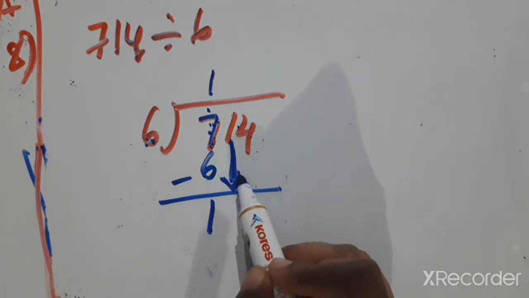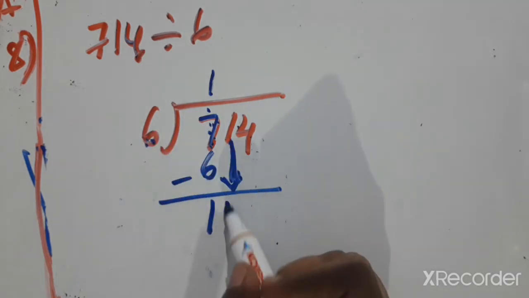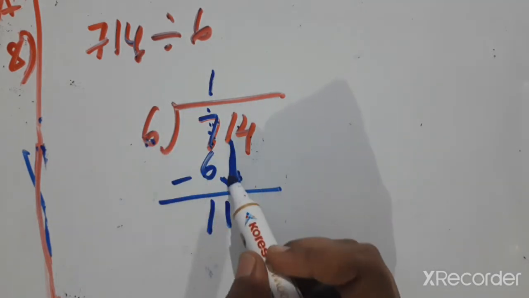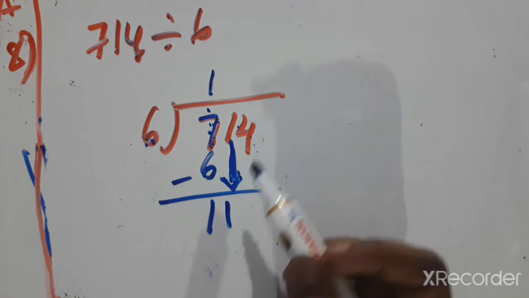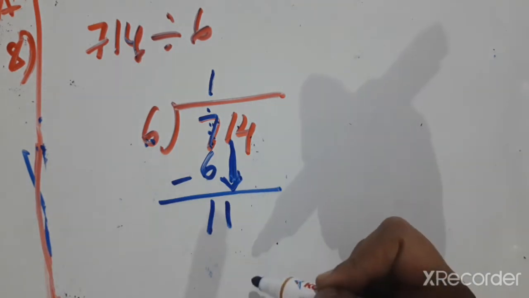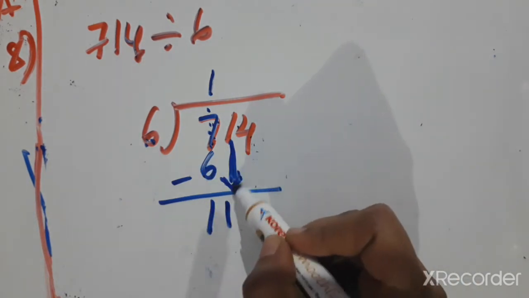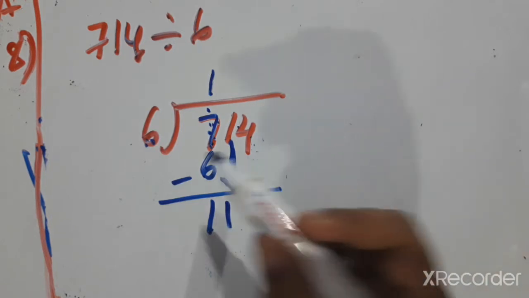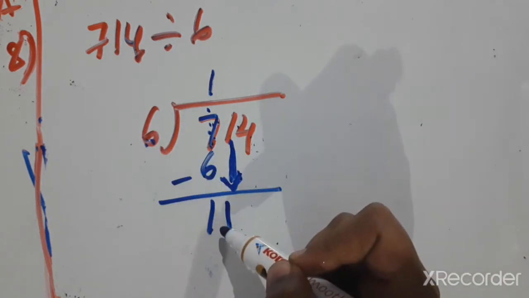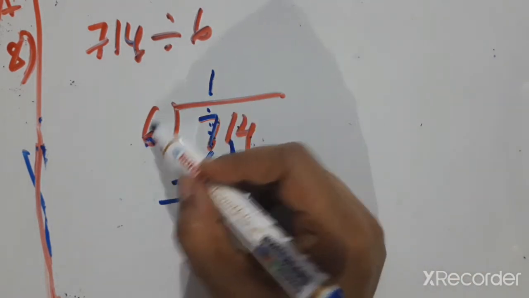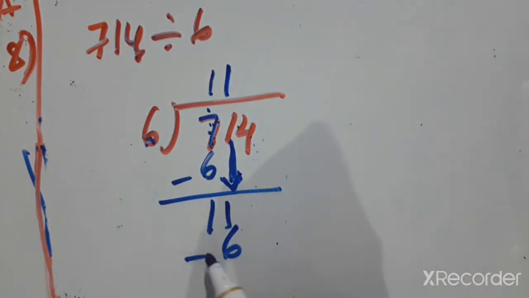Okay. Now, one number means 1. After subtraction, bring only one number. Don't bring 2 numbers. We can bring 2 numbers and divide, but for the safer side, bring only one number. Now together it is 11. 6 how much are nearer to 11? 6 ones are 6, 6 twos are 12. 12 is greater than this, so 6 ones are 6. Minus means 11 minus 6 is 5.